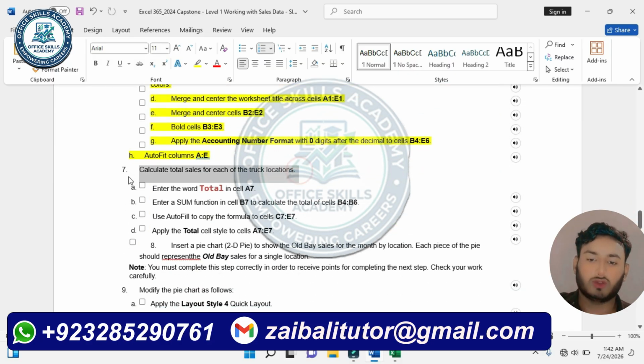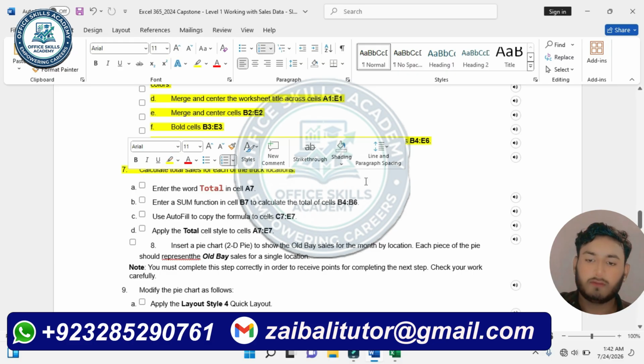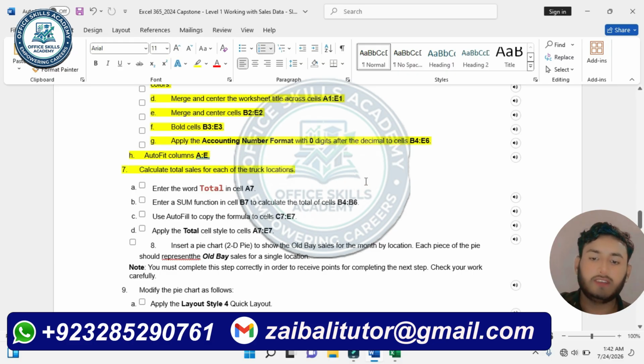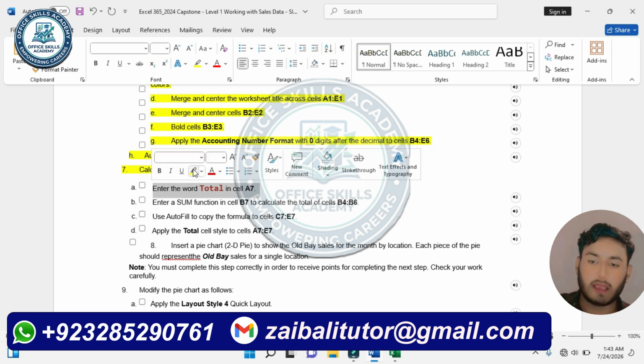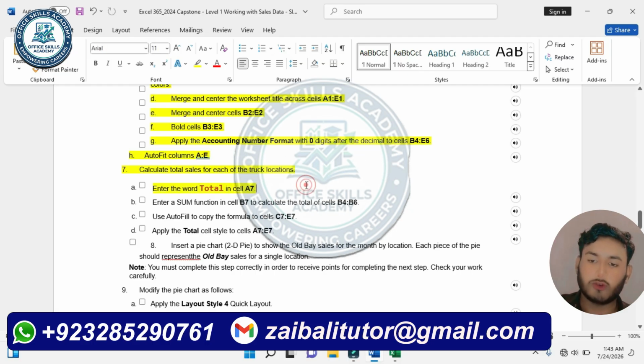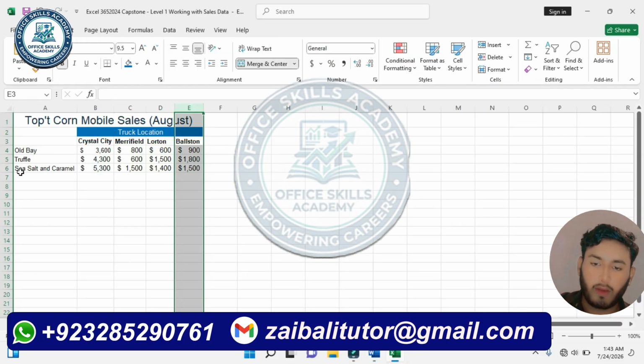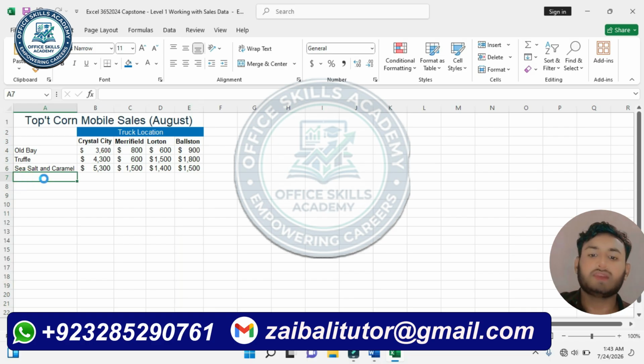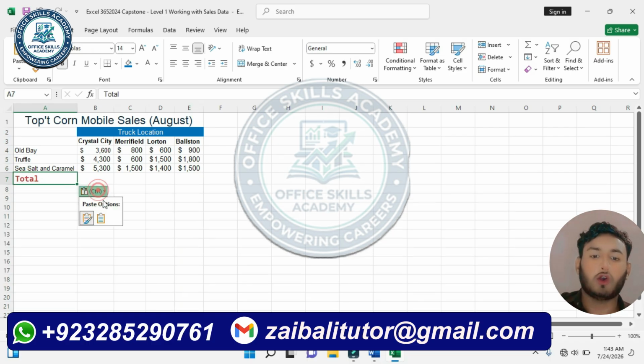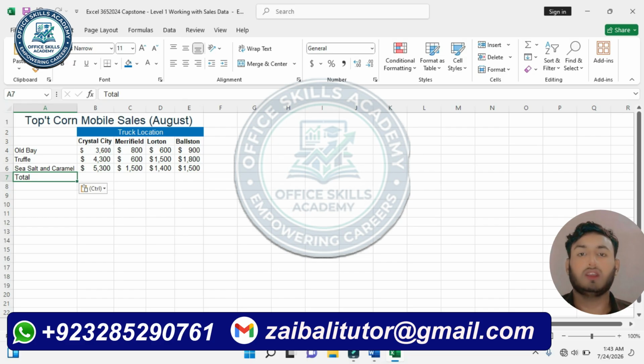So step number 7 is calculate the total sales for each of the truck locations. So in this step we calculate the total sale for each truck location. So first is enter the word total in cell A7. So copy the total, copy this one and paste here in A7, and here click only paste text, and